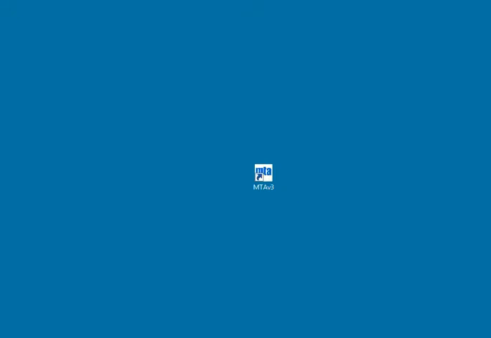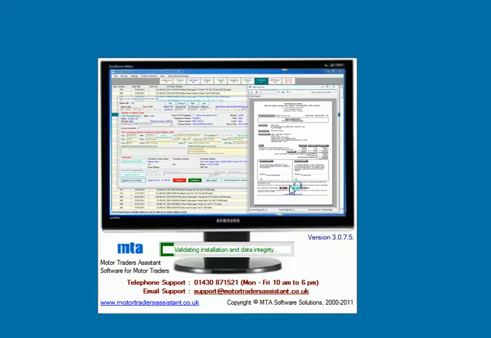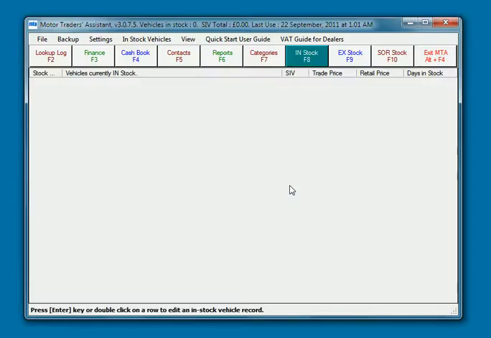Hello, this is a demonstration of Motor Trader's Assistant version 3, a software package designed for small to medium sized independent motor traders. It's an accounting package with stock control basically. So this is the icon you normally get on your desktop. So we'll open that. The program will load fairly quickly, and what you see when you first open the program is